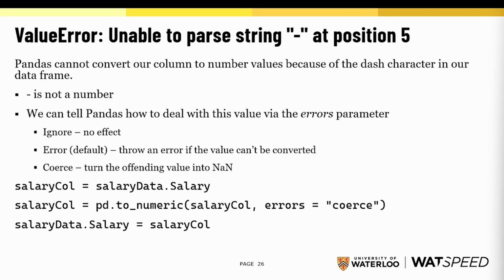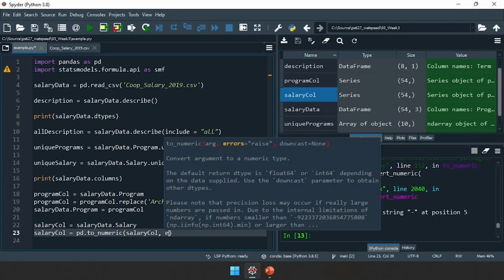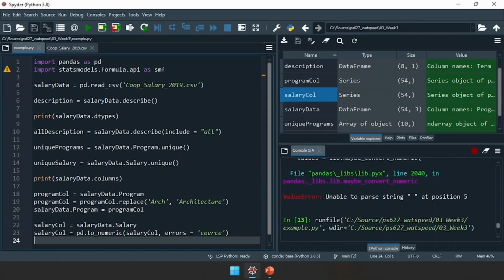This will turn any values that cannot be converted into numbers into the special value NaN. NaN represents not a number. This will be treated in our regression analysis as a missing row. So we will use errors equals coerce. Let's return to Python. We'll modify our to_numeric call by putting a comma after salary_col, and then we'll say errors equals coerce. If we run this now,